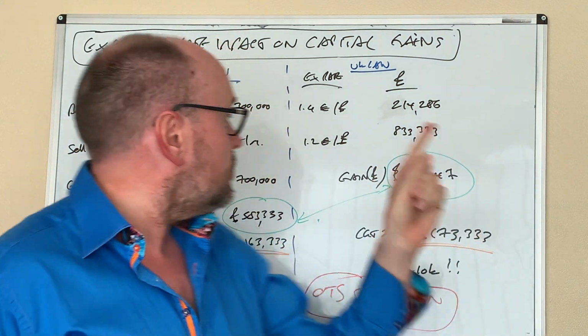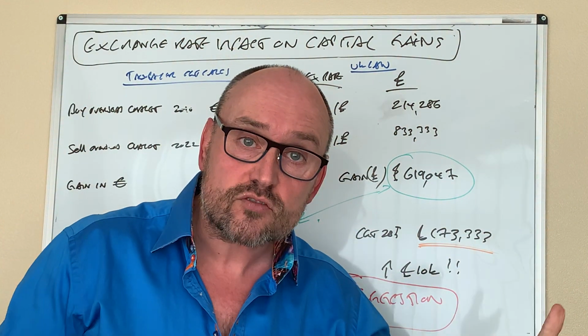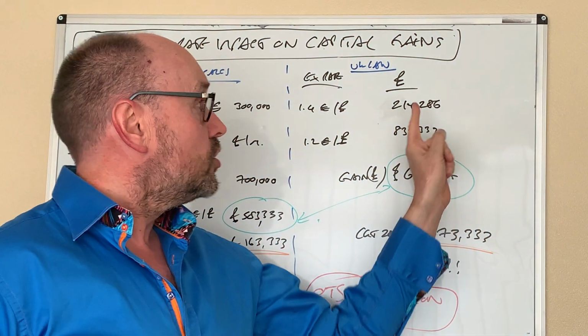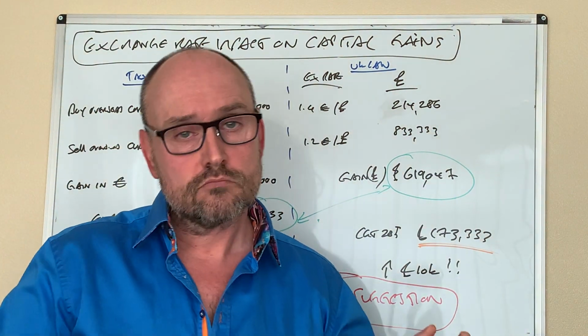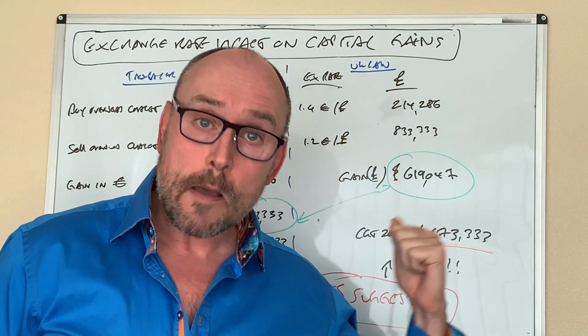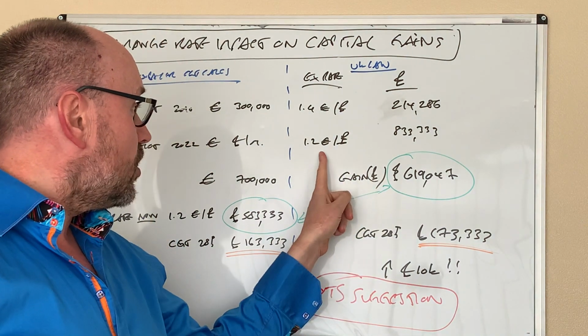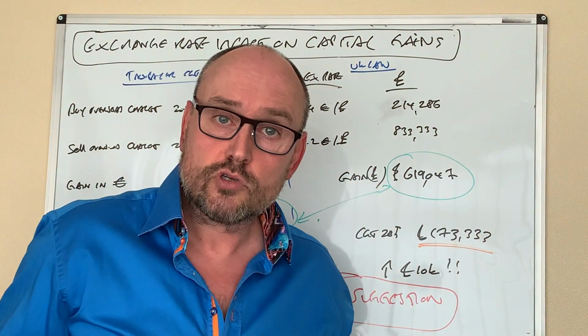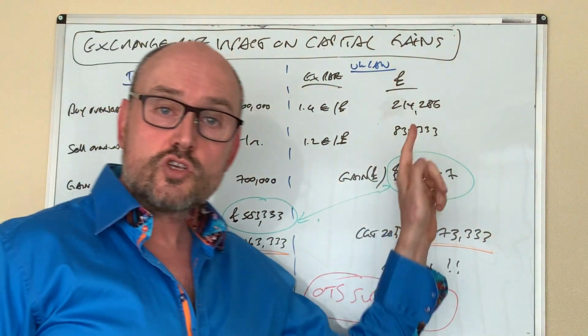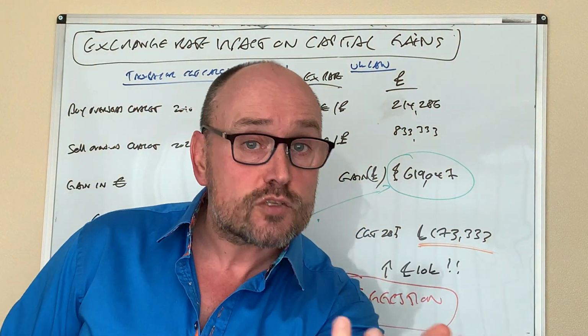The cost then of a 300,000 euro chalet in sterling terms in 2010, 214 grand. Fast forward to today, selling the chalet for €1 million, and we've said today's exchange rate is 1.2 euros to the pound. Sterling equivalent of the sales proceeds,